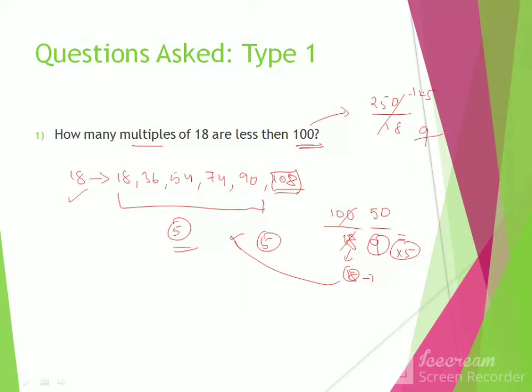Now in the 9 table, 9 ones are 9, 3 will be remaining, 9 fours are 36, it is just more, so it is divisible by 13. It will go till 3 times 13. Below 250 there will be 13 numbers which are multiples of 18. Listing out 13 numbers would be a tiresome work, whereas we can simply divide by that number and get the answer as 13.